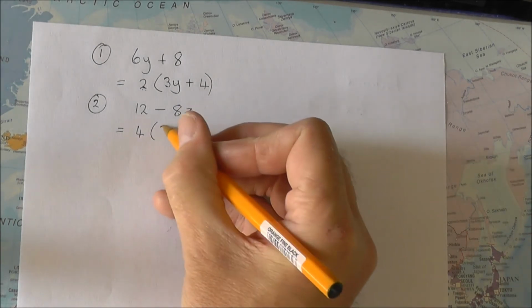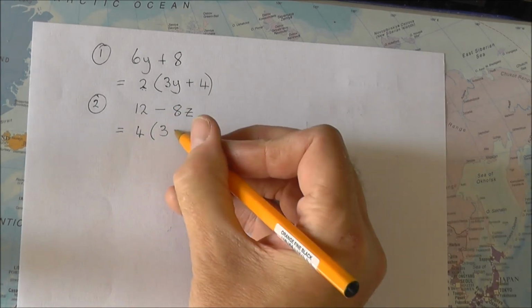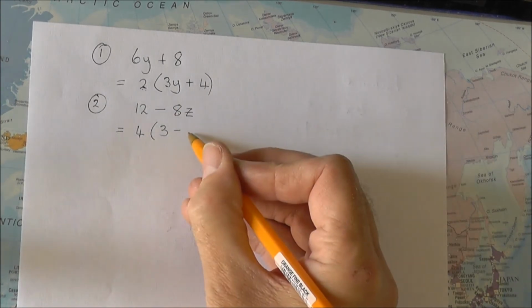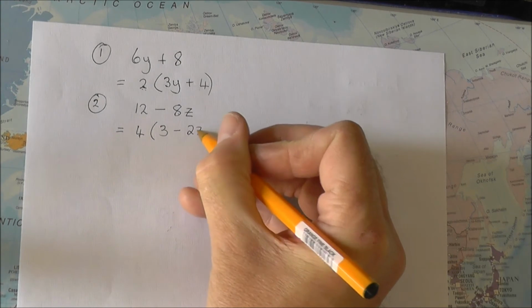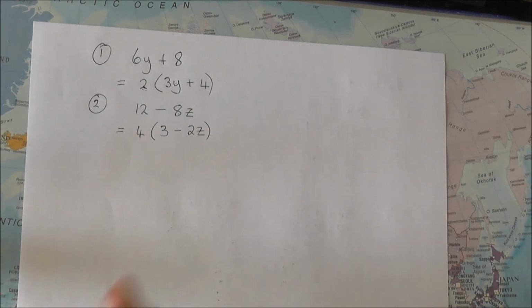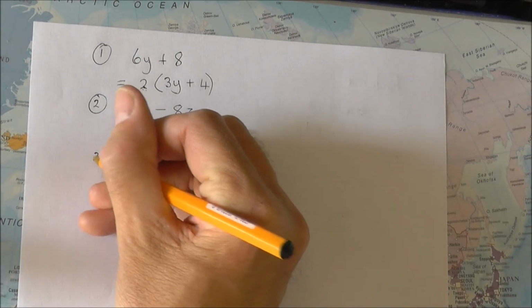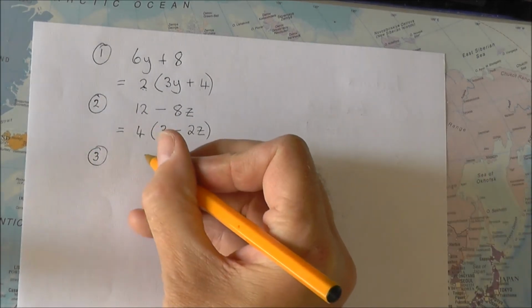4 times a 3 gives you a 12. Take away. 4 times 2 z's will give you an answer of 8z. And there you go. There is the factorisation complete. Sometimes this sort of thing happens. So number 3, you might have